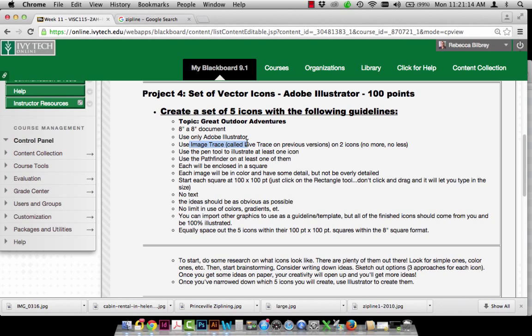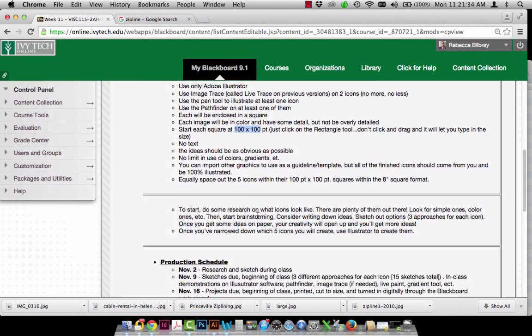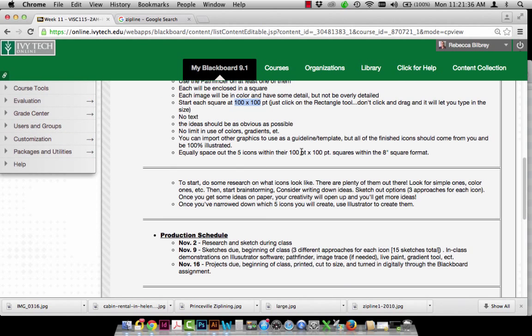Image trace we've talked about in a previous class several times over, so we should be okay there. We're going to do them in color. There will be some detail, but not overly detailed, and each will be in a 100 by 100 point square. So we're going to use the rectangle tool for that. And there will be 5 icons total, and so I'll go ahead and set up those squares in an 8"